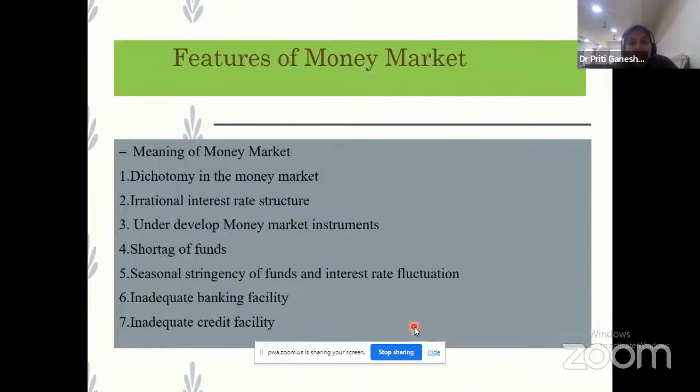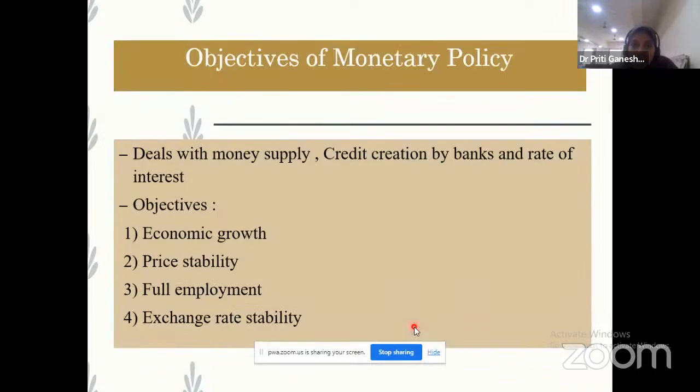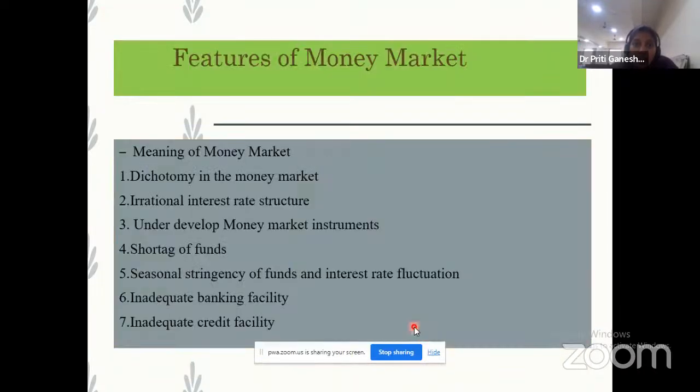Okay, then this is the last module, features of money market. This module covers the money market, banking sector and monetary policy. But this is a very easy module for you because you already learned this in your SY back. Remember, this entire module, except maybe one or two questions, you have already studied in your SY back syllabus. So you can easily write it down and as a commerce student you can read this entire thing comfortably.